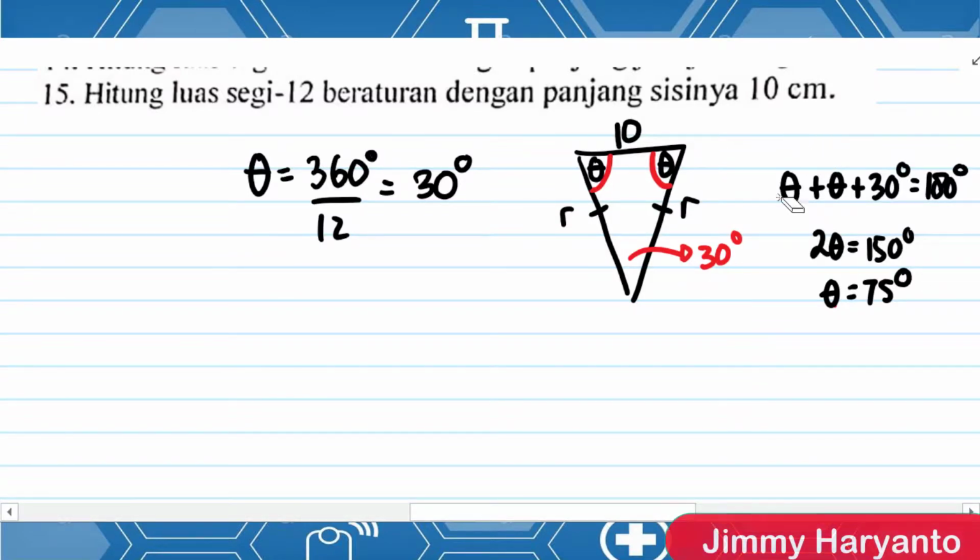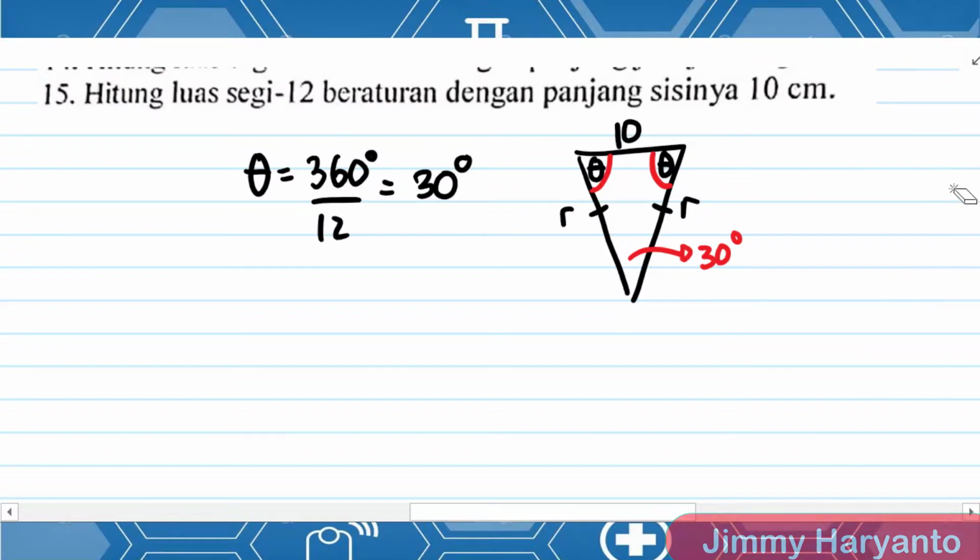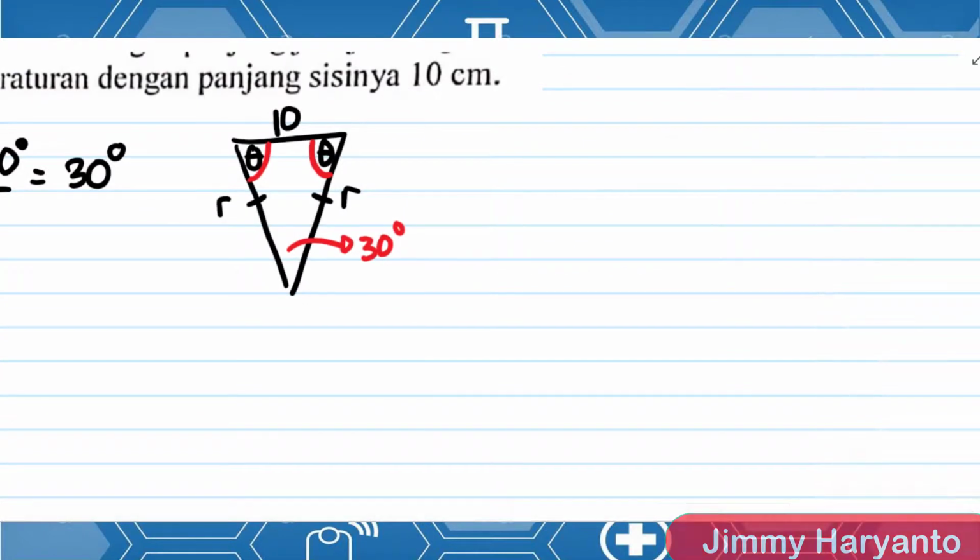You cannot use this method, because we don't have sine 75 or cos 75. We don't have that special angle, but you can use this method after you learn that in 11th grade. So this time I will use the cos rule instead of that way. So I will remove this theta.